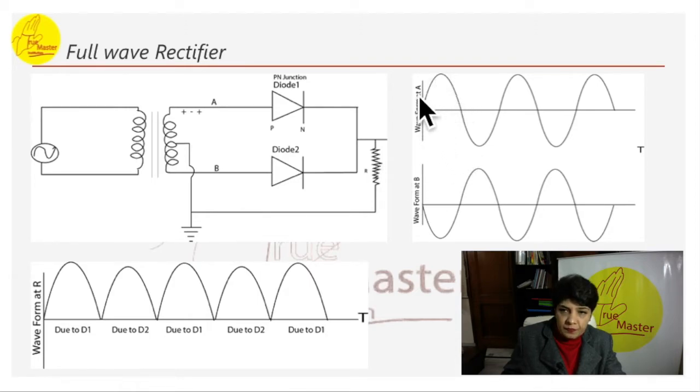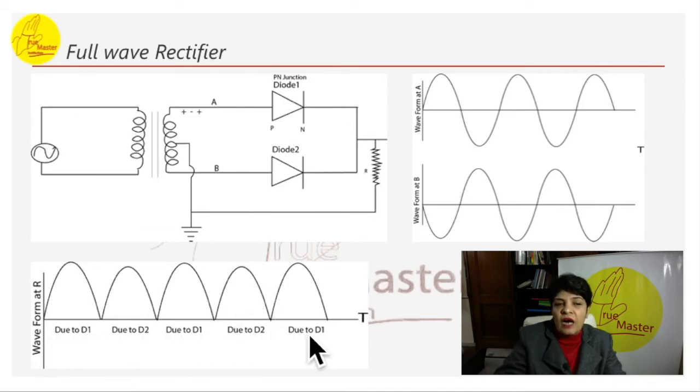This is the waveform at A. Okay, this is how the waveform is at A, and see, this is going, look at the crest and the trough. Here the graph is the other way around. So this is the waveform at B. So what will be the eventual total from R that we are going to take out? Here there will be no wastage. One will be due to D1 and one will be due to D2. So here similarly there is no wastage happening.